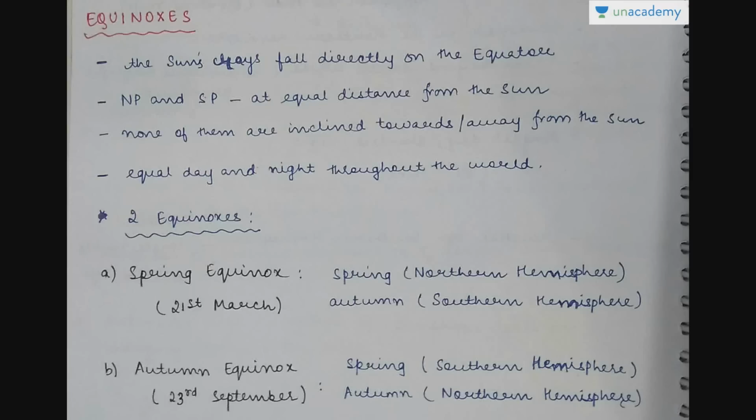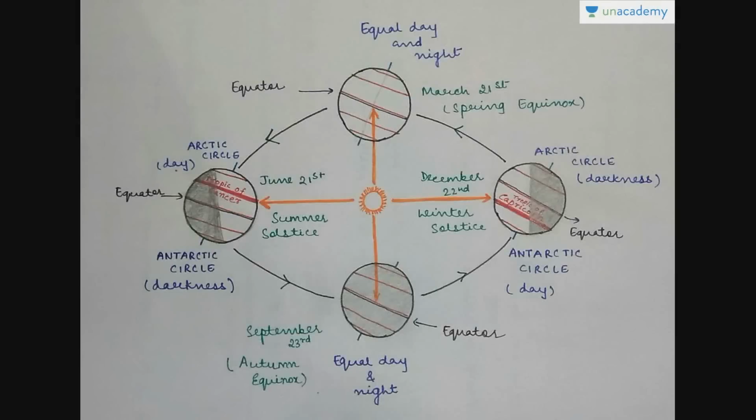Then we have equinoxes. What is equi? Equi you can say equal. So equal days and nights. Here you can see that half of the day is here, half night is here. This is the circle of illumination actually. So there also it is half day here, half night here, and the poles are tilted. Here the northern pole or the northern hemisphere is tilted and here the southern one is tilted.